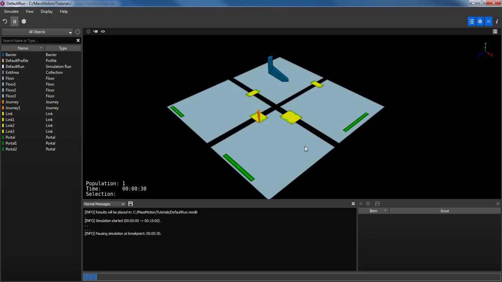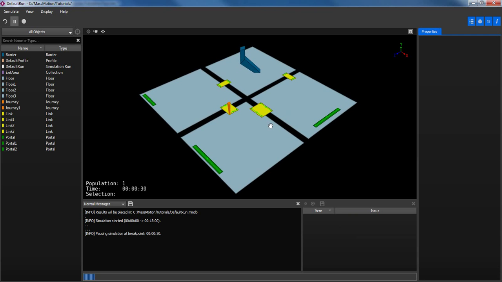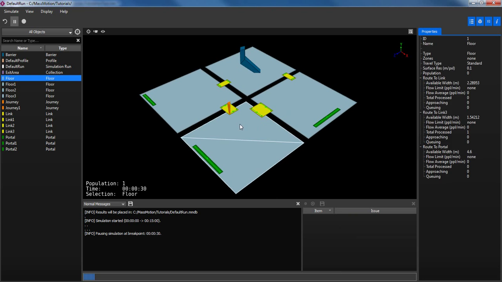Within the debug mode, there are several different ways that we can look at the scene. One key component of this is the inspector window, which is off by default. We can find it by hitting the I button here. What this will give us is an extra tab that allows us a great deal of information about any object within the scene. For instance, if we click on a floor, we can see not only the name of the